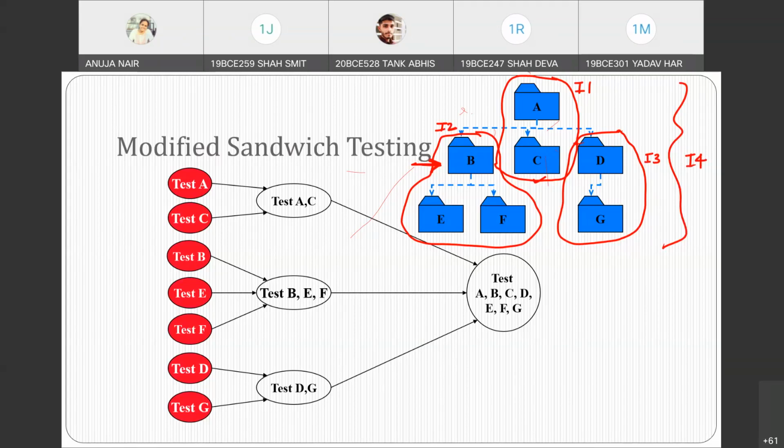So first thing was, one con was what? All the units are not individually tested. That con has been justified. Another con which we just talked about, repetition of testing. So none of the tests have been repeated in the second layer, right? So that again, that con has been justified, and you are performing a proper integration now, right? Nothing is repeated, nothing is left out. All the units are tested individually before doing the integration. So everything is performed as per a normal integration testing in modified sandwich testing.